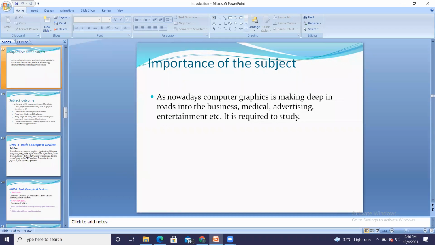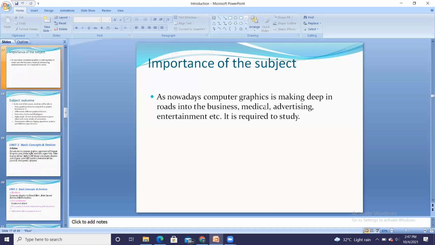The importance of this subject is not only for entertainment or for making movies and cartoons, it is used in the medical field also. In medical fields, like to detect cancer and so on, we make use of computer graphics.